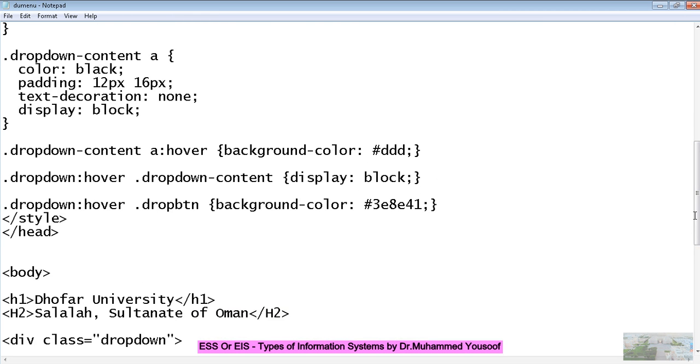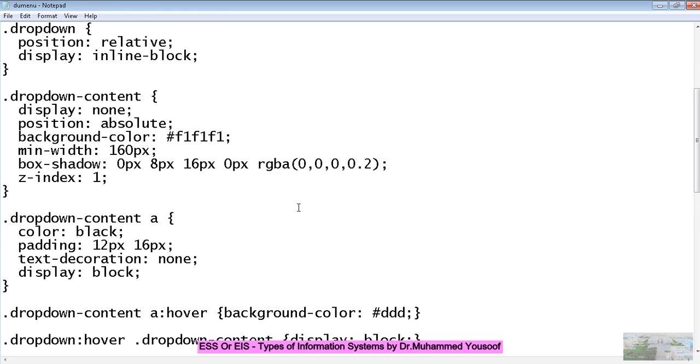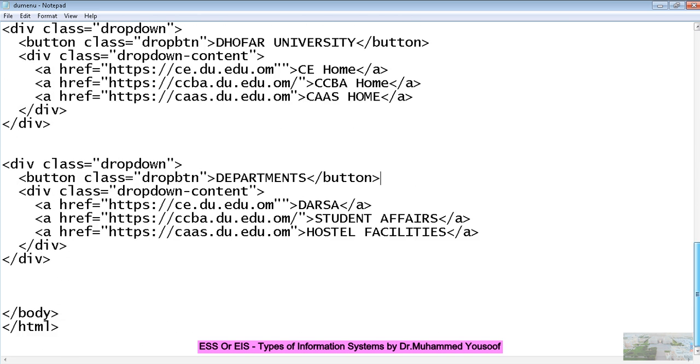I don't want you to do a lot of research on these things, but maybe you can try to change absolute to relative. Maybe you can change the z index to 0 and see what happens. You can change it to absolute and see what happens. Maybe you can change some numbers, 1, 2, like this, and see what happens. These are the things you can try for this moment. This is the way you can create a menu in HTML. I hope it's clear for you now.